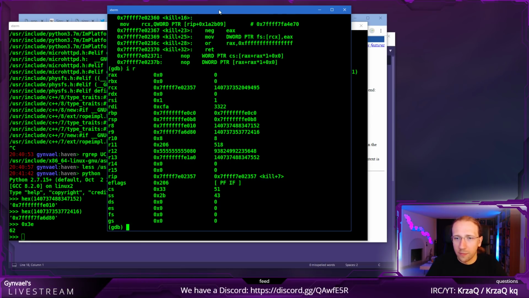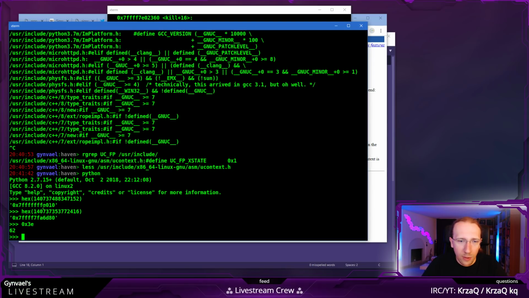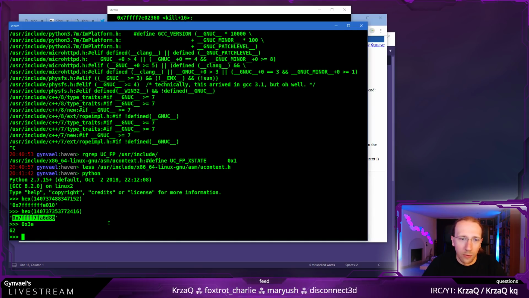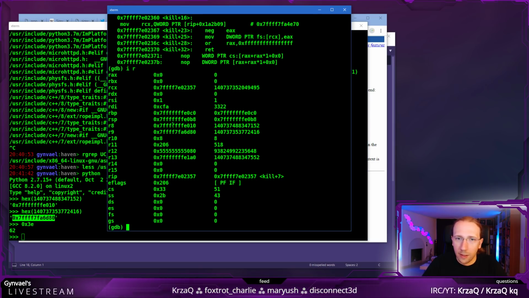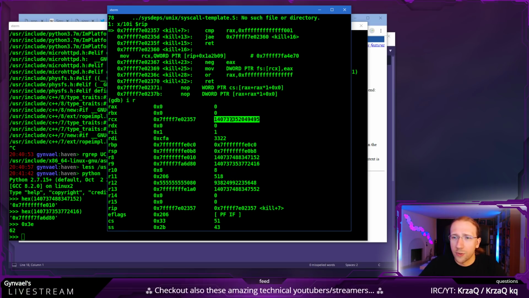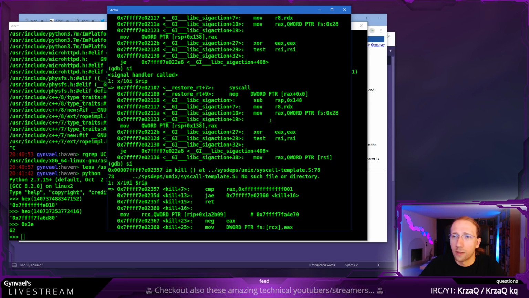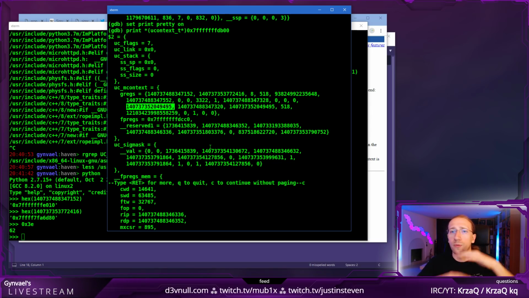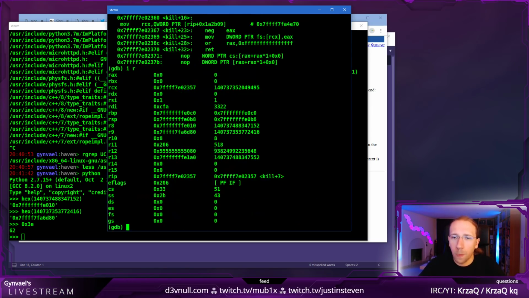So let's look at the register values. Did we hit any values here? Yeah, R9 had this value. Then R8 had this value. So I think we were off by something in the structure, but we were actually in the proper structure. RCX had this value, it was 9495. Did we see this value somewhere in the structure? 9495, yeah, it's here. So we were pretty close to the actual context which got